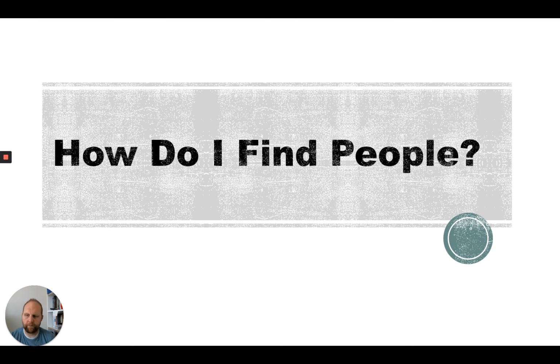How do I find people? This is the art of skip tracing. Skip tracing, again, is just finding people and their contact information. So you do this by, one, you have to find their info first. And then once you have that info, you use that to get in touch with them, whether it's calling them, texting them, emailing them, sending them a letter, reaching out to them on social media, calling their neighbors, their friends, their associates, their relatives, whatever it takes to get a hold of that person. That's how you find them.